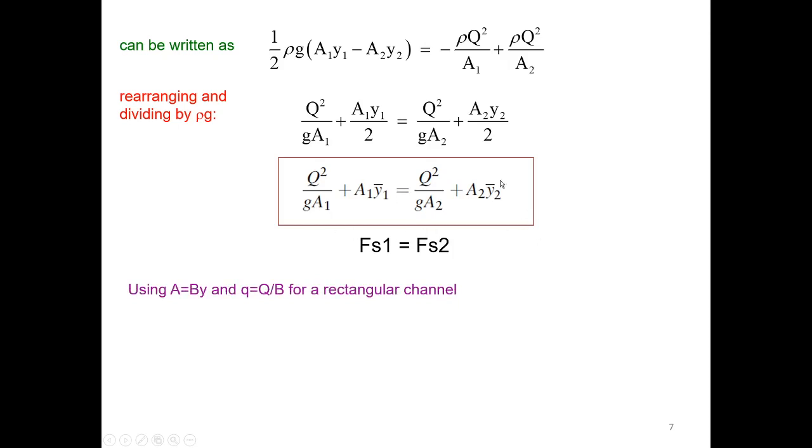Okay, this is a general formula with some assumptions, and you remember that at the beginning we assumed, for example, the length is short, there is no slope, and some other assumptions. But for the case of rectangular cross sections, we know that A equals b y. In this equation, we want to replace A with b y, and we already defined the unit discharge, or discharge per unit width, as q equals Q over B, or total discharge divided by the width of the rectangular cross section. If you replace these two terms in this equation,